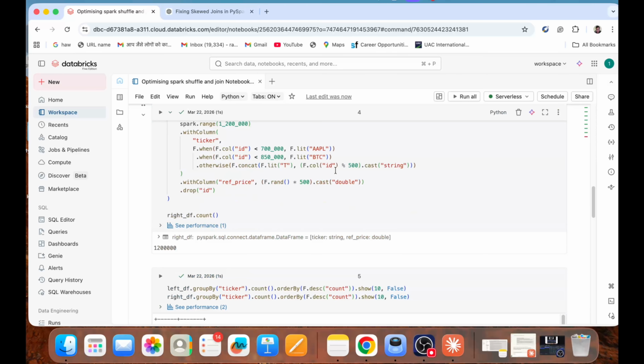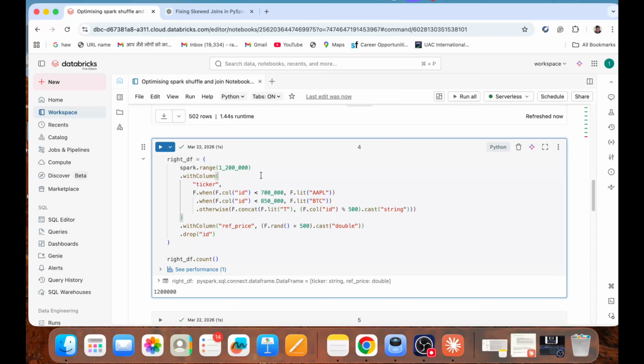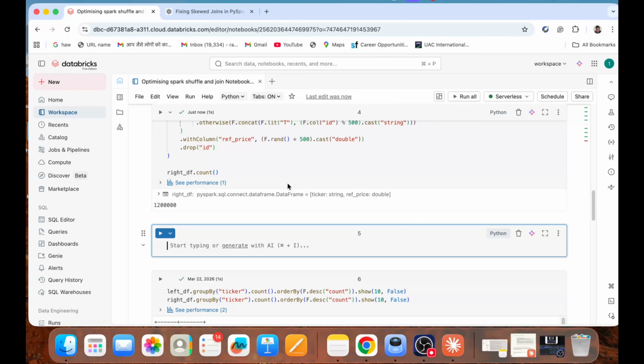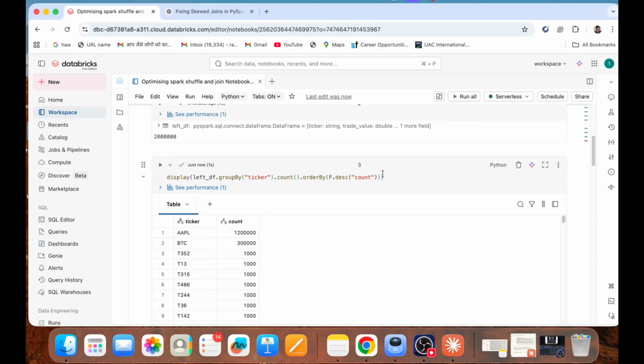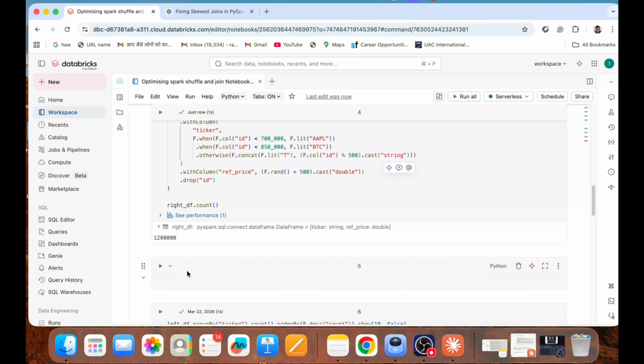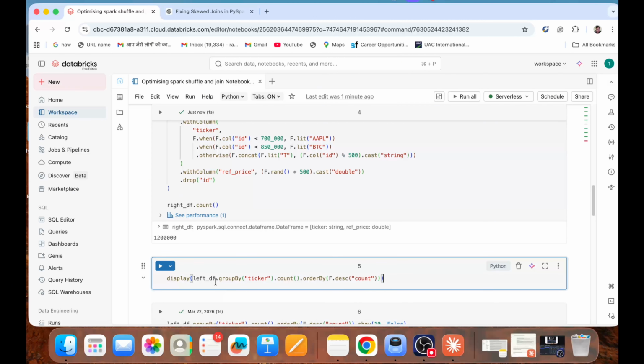So let's go on to the other data frame, which is the right data frame, wherein I'm also using this ticker column, and I also have a reference price. Let's see this one, and now it has run. Let's use the same for the right df, right? So instead of left, you see the count of your records grouped by ticker,